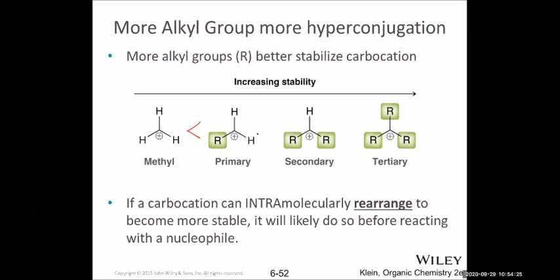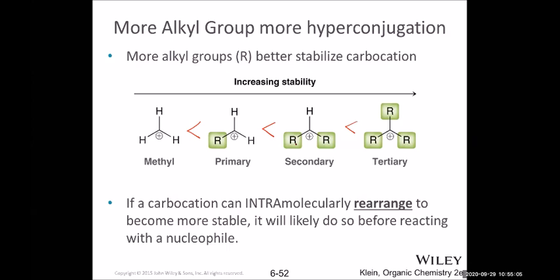As you replace more of the hydrogens with alkyl groups, it becomes more stable. A carbocation with two alkyl groups is more stable than the carbocation with a single alkyl group. And it gets even better when all the hydrogens on the methyl carbocation are replaced by alkyl groups. That's the most stable: tertiary, which means the carbon is linked with three alkyl groups. That is more stable than all the others.